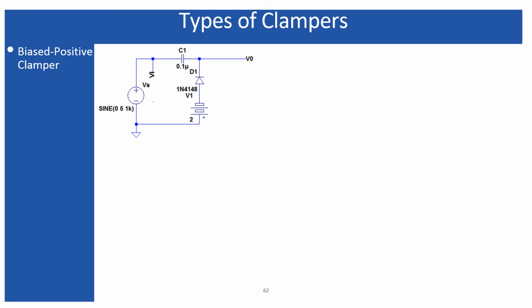The biased clamper. Similar to the clipper circuit, biased clamper means you can connect a DC voltage. I have connected the DC voltage over here. So there can be an infinite number of combinations of the biased clamper and biased clipper, because that depends upon the number of diodes you are using and the number of voltage sources you are using, and that can be done in different branches. You can derive another branch where you can use another diode and voltage source in a different orientation. You can combine even 3, 4, 5 branches which include diodes. You can do anything. So an infinite number of combinations is possible.